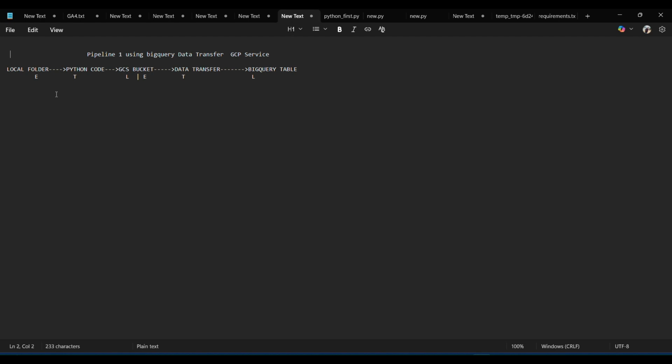How will extract, transform, load work here? It will extract from our local machine, meaning my PC, and through Python it will transform it and load it into a Google Cloud bucket. GCS is a data lake. After the first pipeline works, it will make the second stage pipeline: it will extract the data from the Google bucket, transform it through data transfer and load it into BigQuery. After that, you can visualize your data